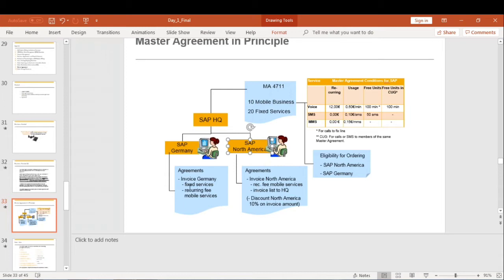SAP Germany employees pay their own bill, and SAP North America employees pay their own bill. But the bill also goes to the headquarters, showing what they have subscribed to and their usage. The bill will be paid by the employees themselves. So this is called the invoice list agreement.